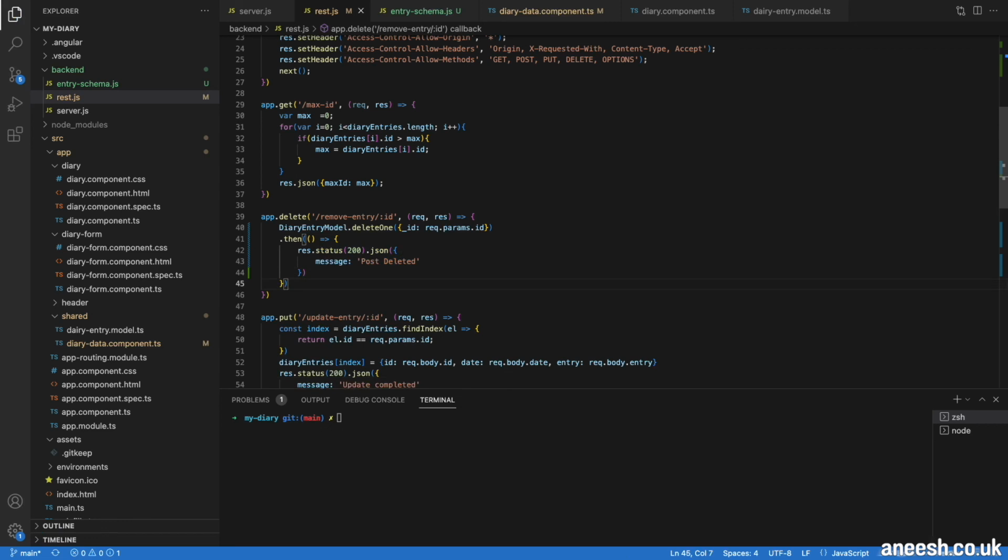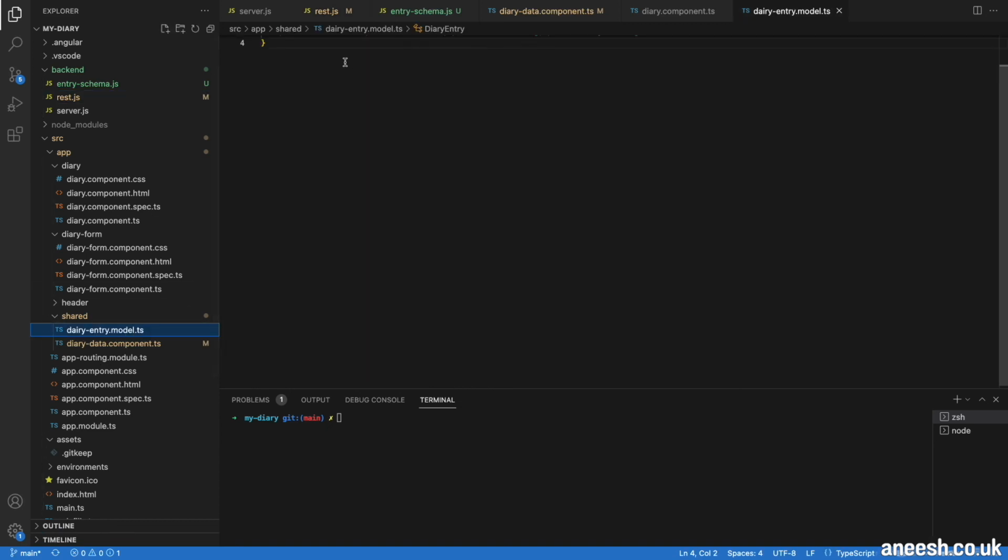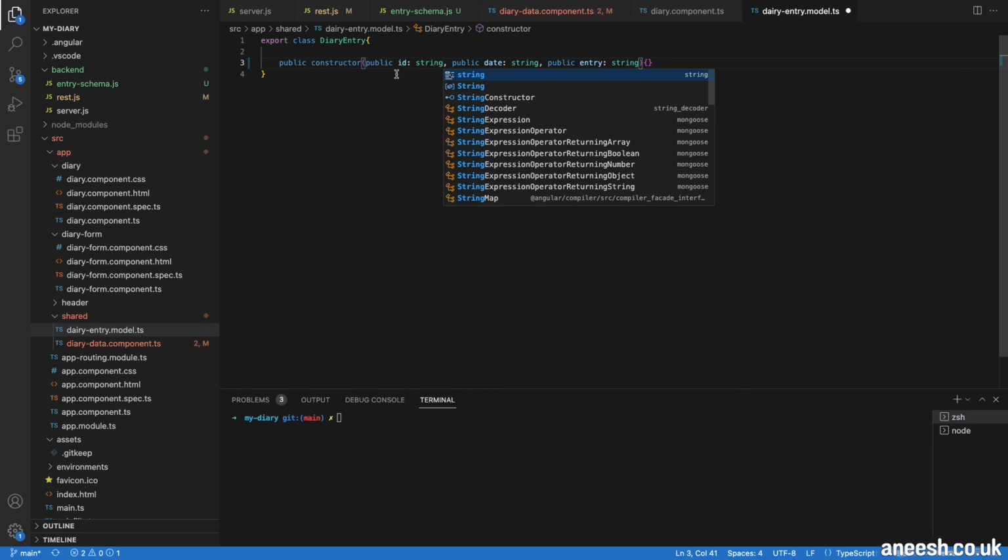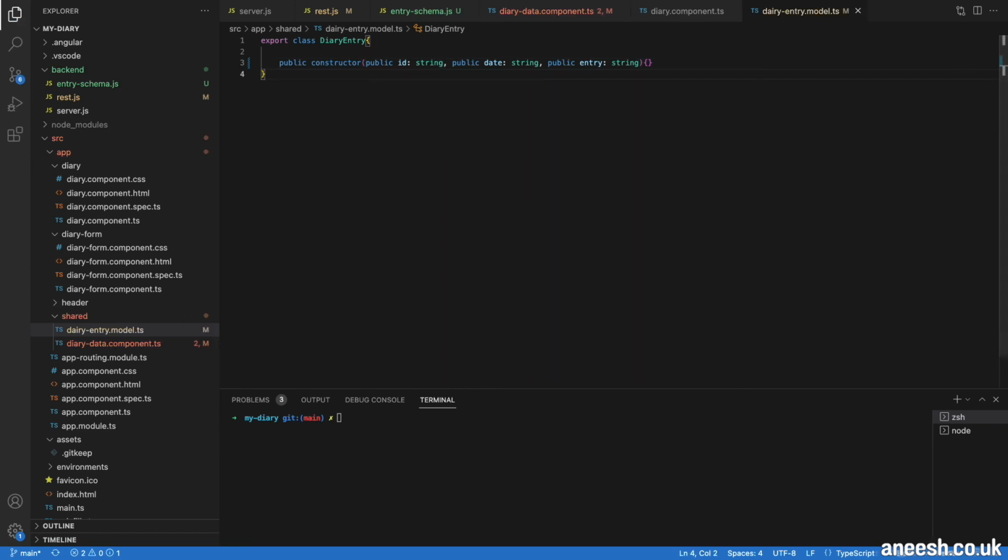So before I can pass in the ID as we expect it to be passed in, I'll need to correct our application to read in the ID as a string and not a number. So this is kind of a problem that we have from our earlier videos. Perhaps I should have just defined the ID as a string, but it's not too complicated of an update to make, and it just allows us to also work through our application one more time so we can see how everything is working. So for now, I will change the diary entry model to replace the ID as a string,